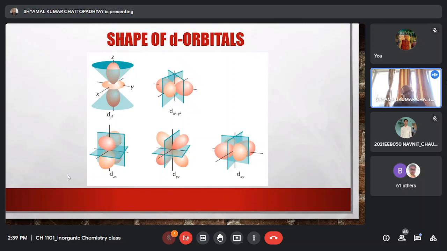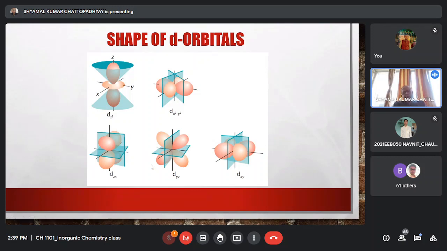that means depending on the symmetry of the complex, they may interact with the various d orbitals in a different manner, and as a result of this, there will be d orbital splitting, and that leads to what is called the crystal field splitting. So it is a pure electrostatic concept. Now, in this slide, I have shown you